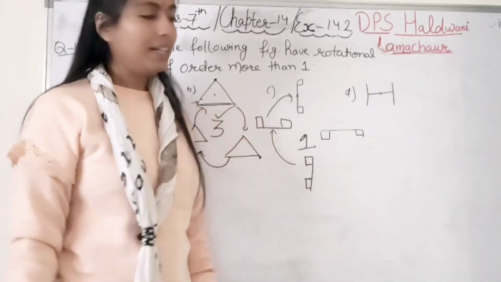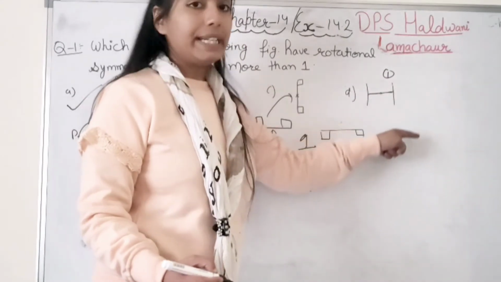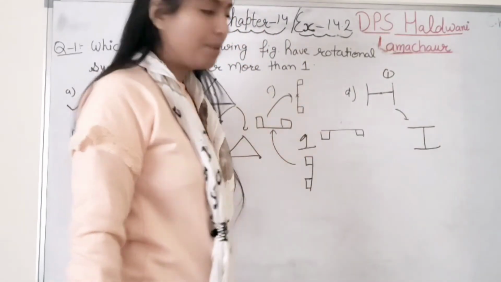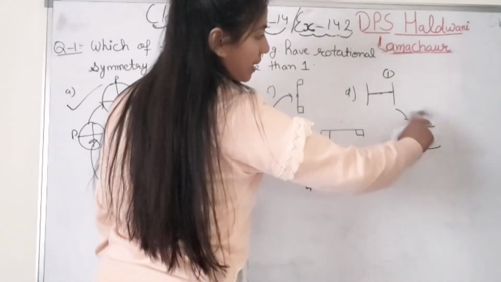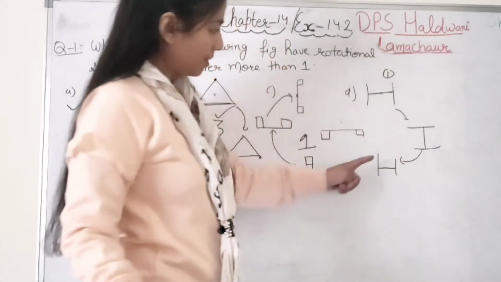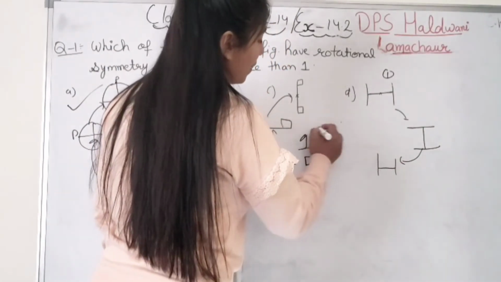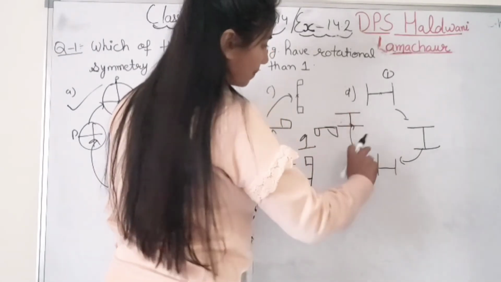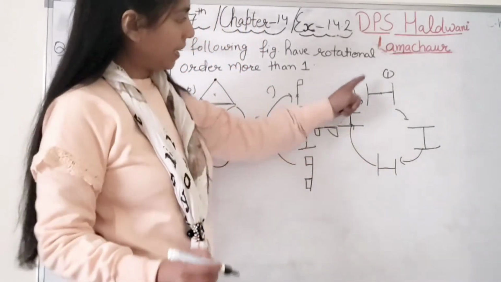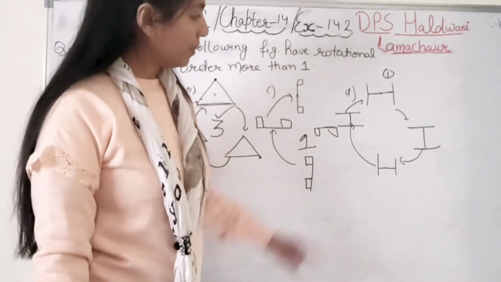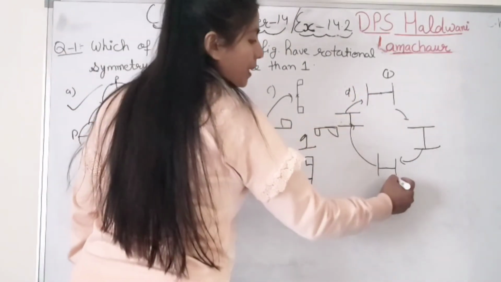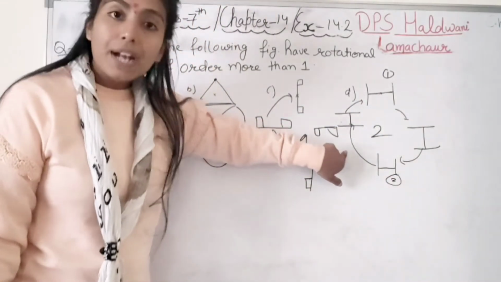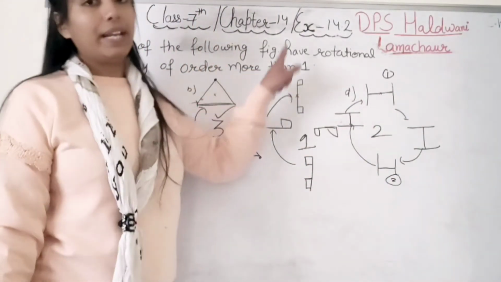Coming to our D part, student. So this is the very first. When we rotate at 90 degrees, it becomes like this. So it is not the same. When we rotate at 180 degrees, it becomes, yes, like this. So it is the same. When we rotate it 270 degrees, then it becomes this. When we rotate it 360 degrees, then again the same. Right? Yes, same. So how many times did we get the same figure? 2 times. One this and this. It means 2 rotational symmetry. It means the D part also has rotational symmetry more than 1.